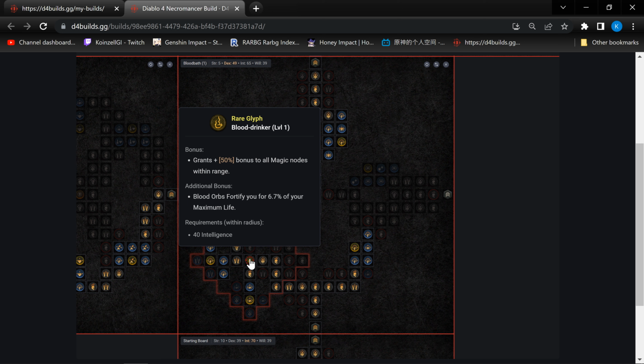Okay, Blood Drinker. This ties into the whole build again, right? Because, like I said, we are generating blood orbs from consuming corpses. We have a lot of corpse generation methods. We have Blood Mist to instantly consume all the corpses, as well as your Raise Skeleton. So you're going to get a lot of blood orbs. And when blood orbs fortify you for 6.7% of your maximum life, with the sheer amount of blood orbs that we'll be constantly generating, this helps a lot for us to be fortified. It helps us become fortified